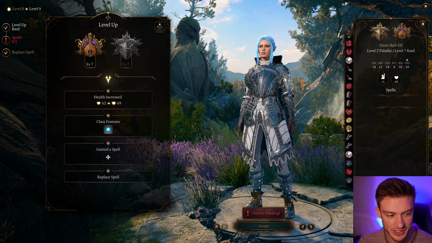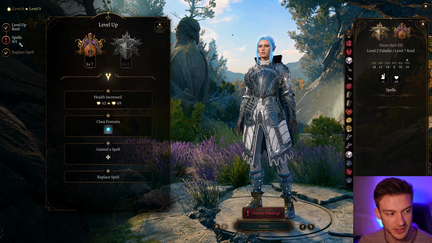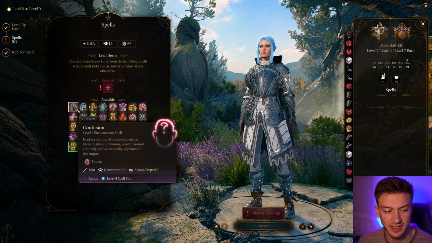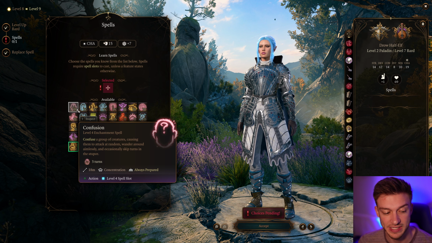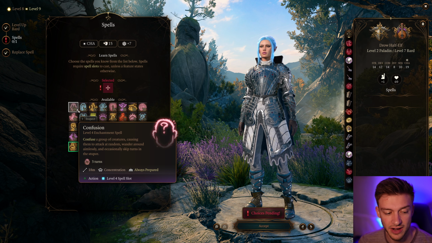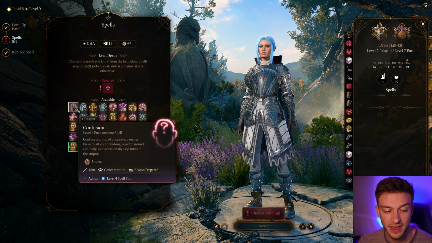Now, at level 7 Bard, we get ourselves our level 4 spell slot, so for the spells here, I would recommend taking Confusion. This is an enchantment spell. We'll be able to cast this as a bonus action. This is basically Crowd Control Fireball. It hits in a huge area and it confuses targets, making them wander around, attack at random, and occasionally skip